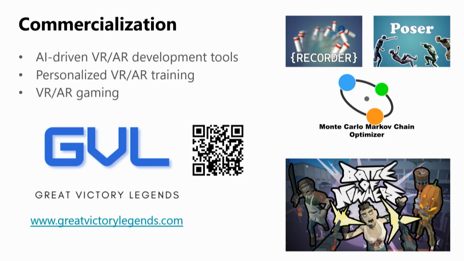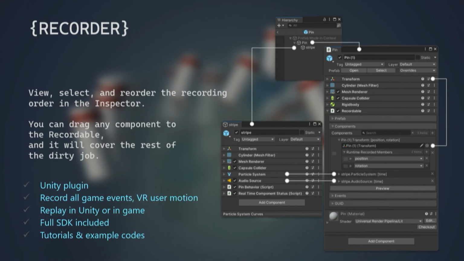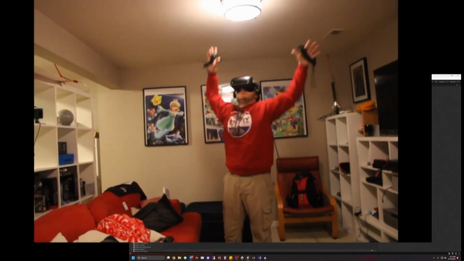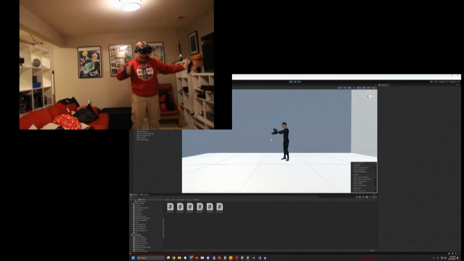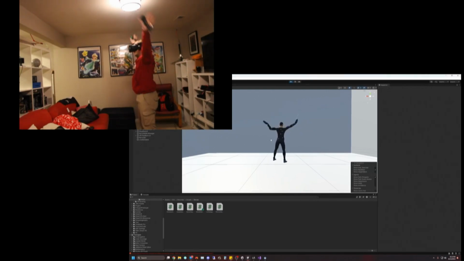And we also work on some commercialization stuff. I have a startup company with my postdoc at the Mason incubator, and we are working on creating some plugins that will be handy for VR and AR developers. For example, we have this plugin that could record a VR session. Here you can see the VR screen on the right, and on the left, the footage of the recording session showing the human motion in the real-life environment. If you download it and use it as a Unity plugin, you can have access to the data.